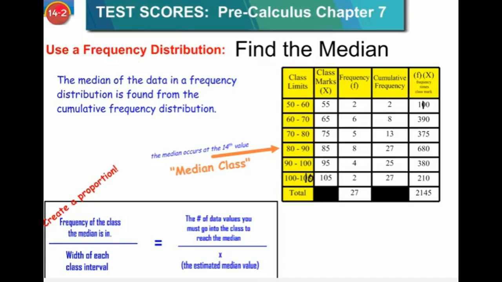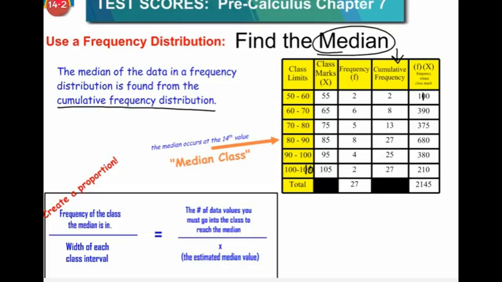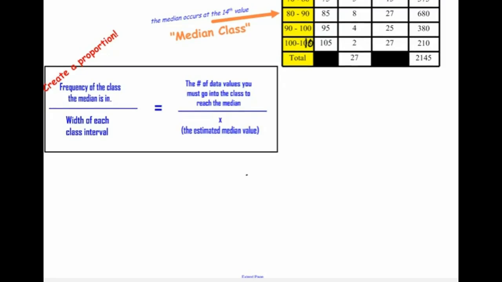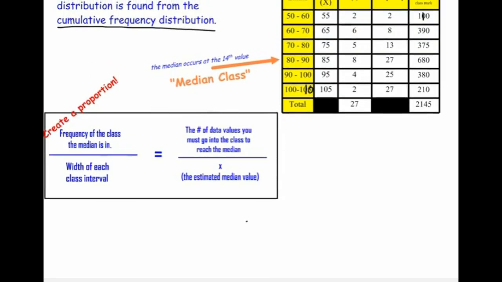So what we want to do is use this frequency distribution to find the mean. We're going to do an estimated mean on this. The mean of the data in a frequency distribution is found using the cumulative frequency distribution, this column right here. So we're going to focus in on that column. You're going to create a proportion basically, and I've tried to lay out the proportion for you, and we'll work from there. So first thing I need to do is find what number I think the median is going to occur at. So first thing, the number in the data set